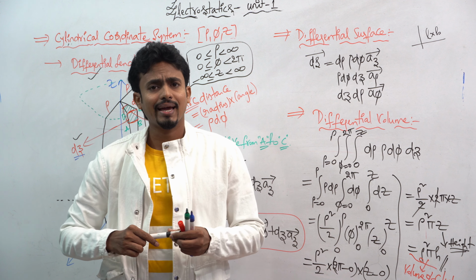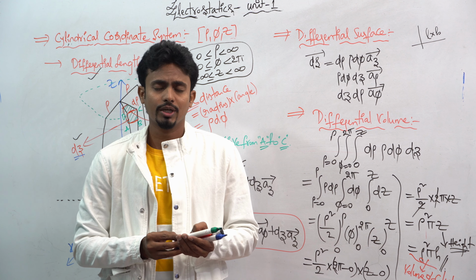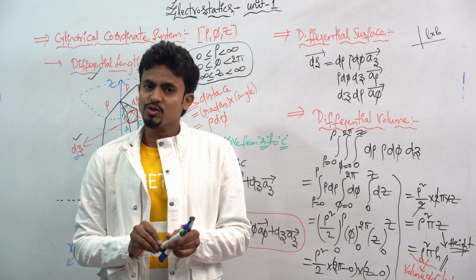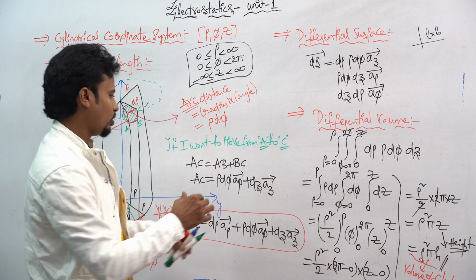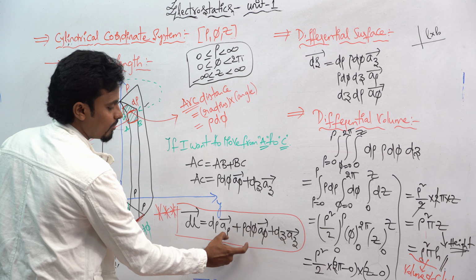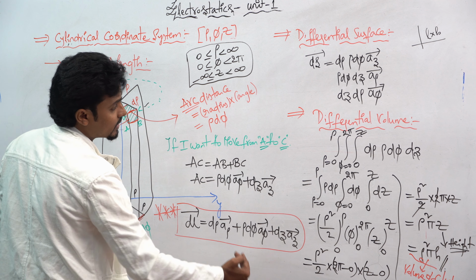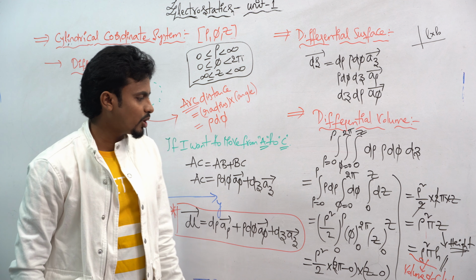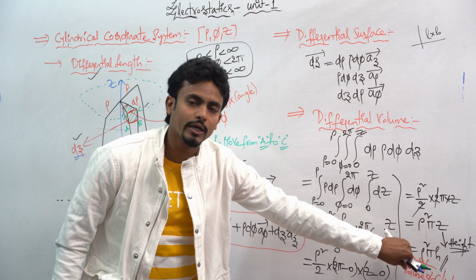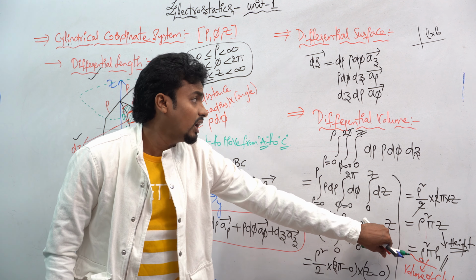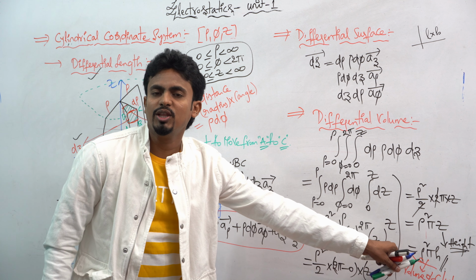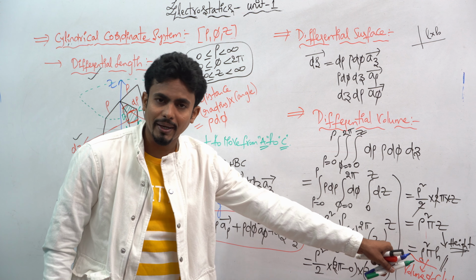Whatever results I have told you are very important from your GATE examination point of view, as well as your university examination and competitive examination point of view. But you can't do this much analysis whenever the question is asked. You just have to remember this formula, which is enough, and put it directly into your problems. If they ask what the differential volume for the cylinder is, you have to directly tick your answer, rho square pi h.